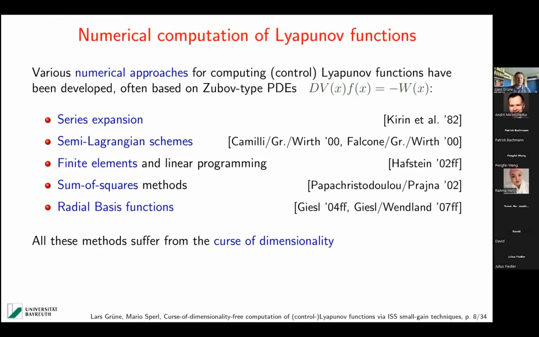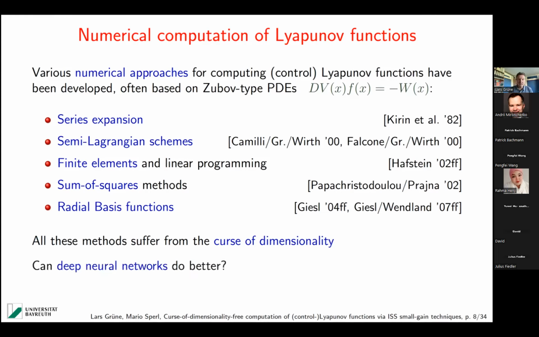And this happens for the grid-based methods here, but this also happens for sum of squares and series expansion methods, where the number of coefficients simply grows exponentially if you have more and more components in your vector x. And this is precisely the reason why these methods do not carry over to high dimensions. And high, in this case, can even mean 5, 6, 7. This is usually the bound where most of these methods simply do not work anymore, or you have to wait so long or use such an expensive supercomputer that this doesn't really pay off.